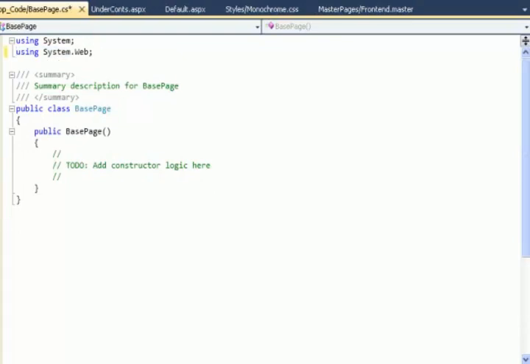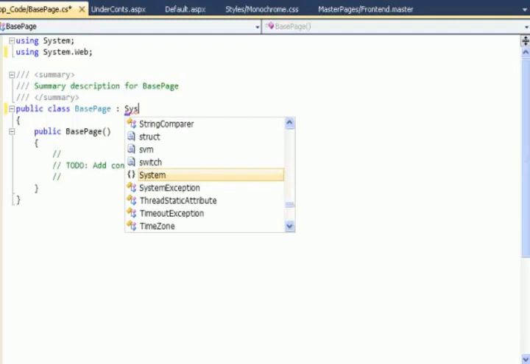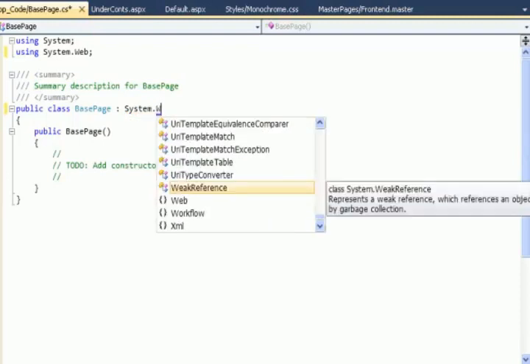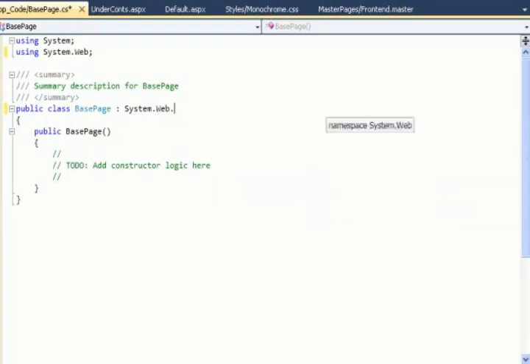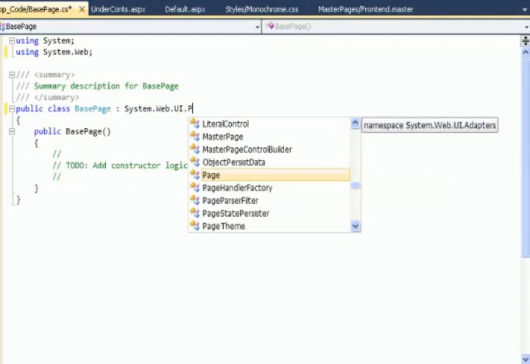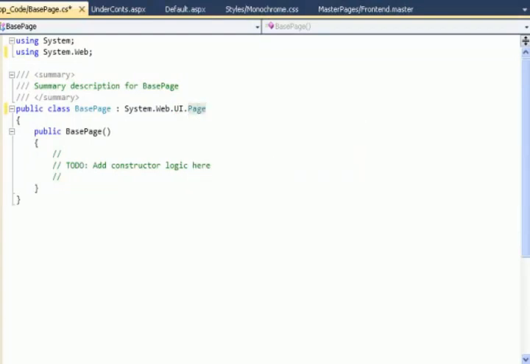I keep the summary, and I have a public class which will be essentially named BasePage, and I make it inherit from System.Web.UI.Page. So it's inheriting from the Page,